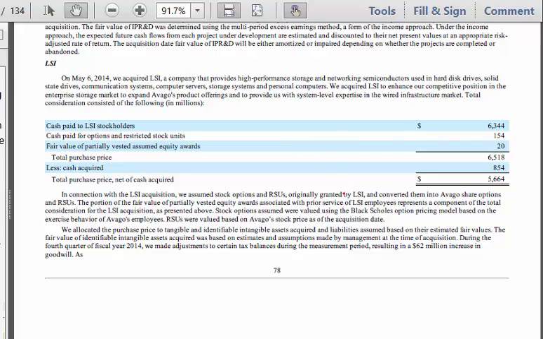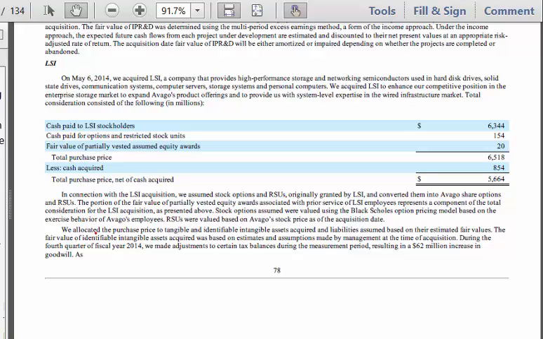Okay, I'm going to come back to this. We allocated the purchase price to tangible and intangible assets acquired and liabilities assumed based upon their estimated fair values. So they took the 5.6 and they pushed it out to the assets. The fair value was determined based on estimates and assumptions made by management at the time of the acquisition. So that was during their third quarter, because if they're in October year-end, that means July is a quarter year-end. July quarter year-end would have included May.